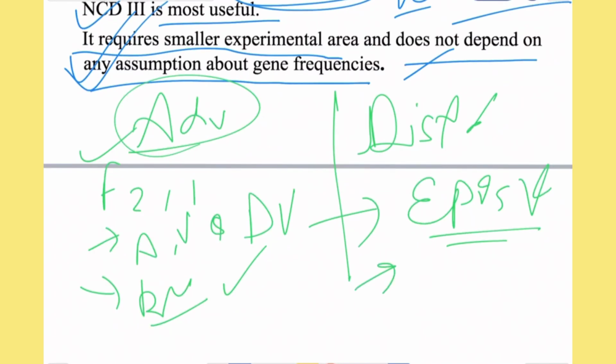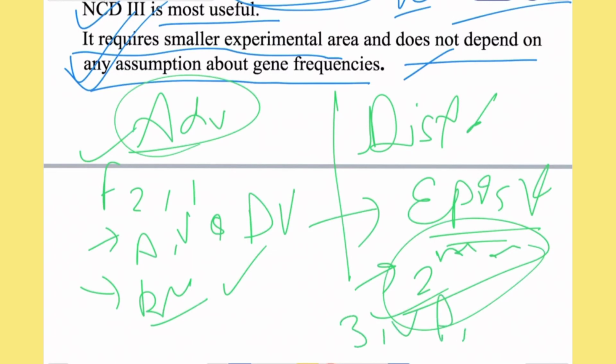This analysis is also based on second order statistics, so this analysis is not that robust. Also, it is not applicable for the three-way cross, double cross and multiple crosses. Though it is useful for the later generation or segregating generation, it is not useful for three-way or multiple crosses. These are the major advantages and disadvantages of biparental mating design or NCD designs.